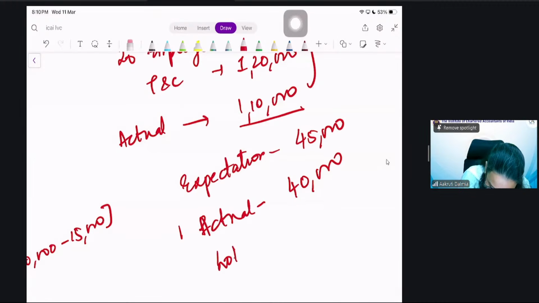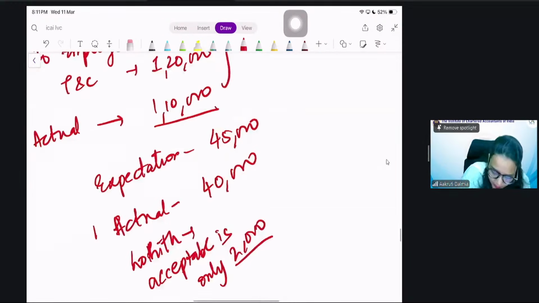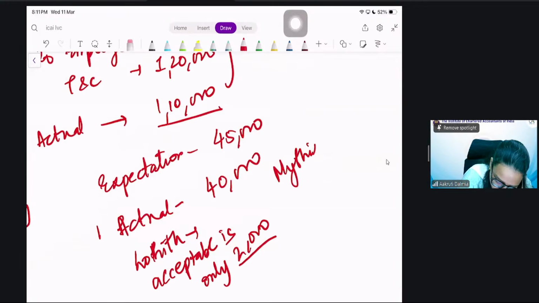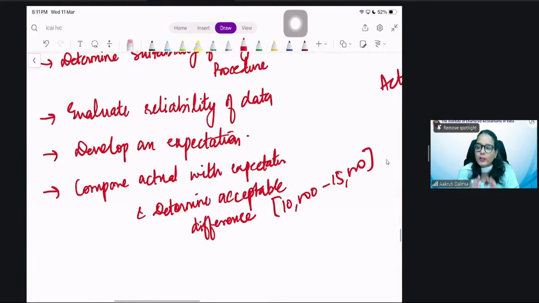Lohit might say that my acceptable range is only 2,000 rupees, whereas Maithili might say my acceptable range is 5,000 rupees. Is it possible there can be a difference? But whatever is your expectation and whatever is your tolerable range, please mention it in your working papers,